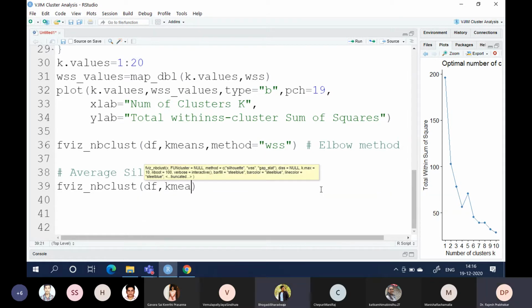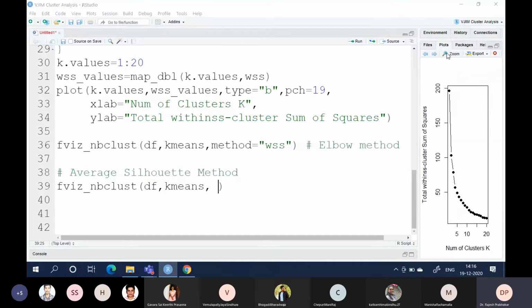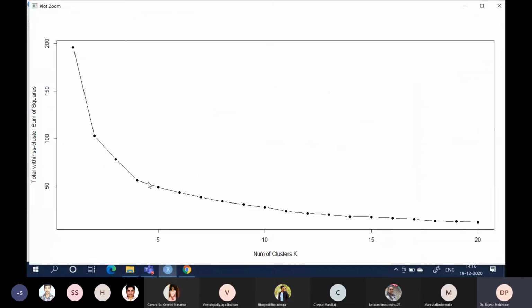Sir, the ideal clusters which you have to take is 15, sir? No, we cannot take 15, take the bend where it is happening. 6, or 4, I think. In the previous plot, the major bend is happening somewhere here, right? From this, it's almost like a straight line. You can see it is suggesting something around the bend. This is the bend actually. So 4 or 5 would be the better option. You can take 4 as the bend point. Okay, sir.